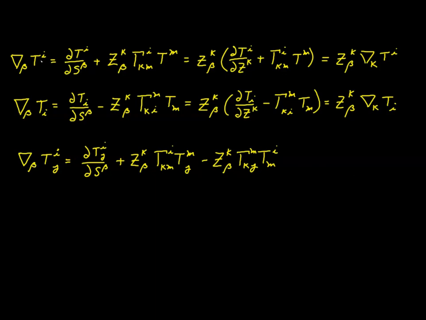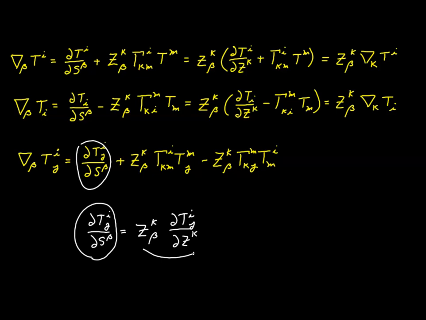The same way we worked this out before, you can see that the partial derivative of Tij, which can be expressed as a function of s, is also a function of z, which is a function of s, which means we can apply the chain rule, and when we do, we're going to get this expression, zk beta times the partial derivative of Tij with respect to zk, and as before, this expression right here, which is this one, can be replaced by this. A factor of zk beta comes out,